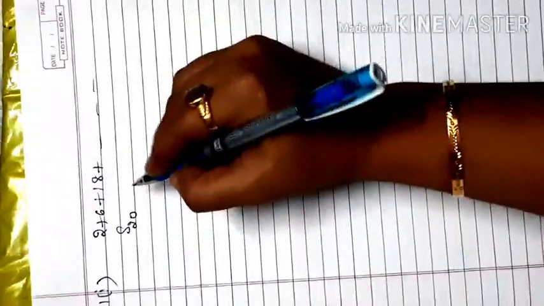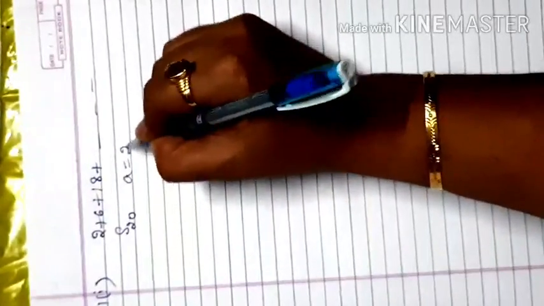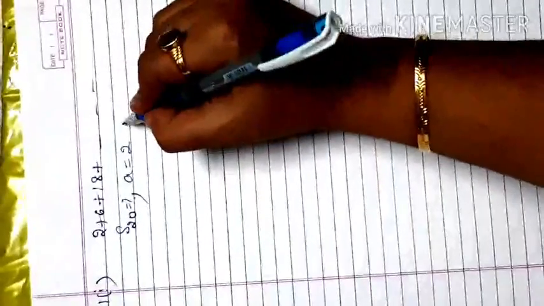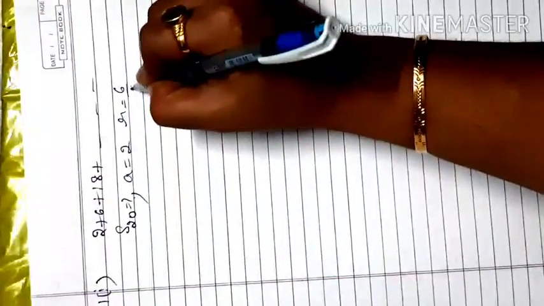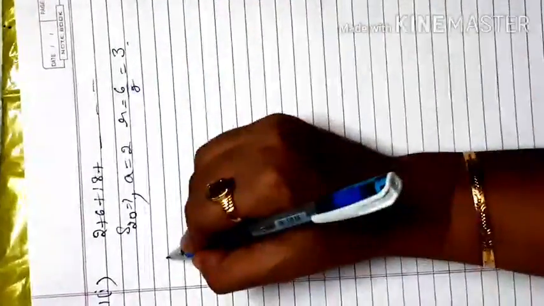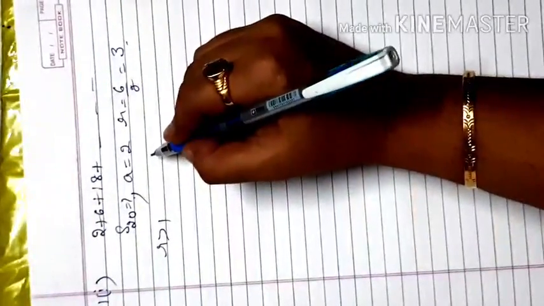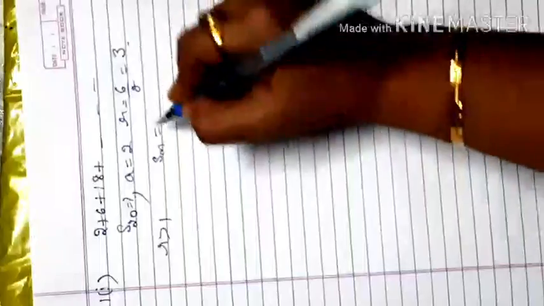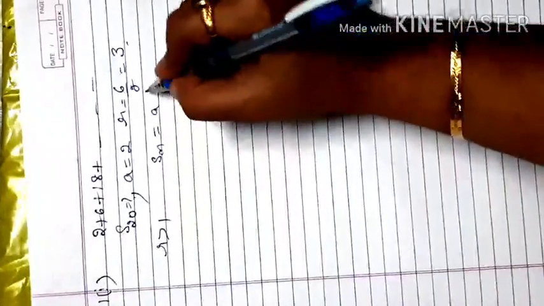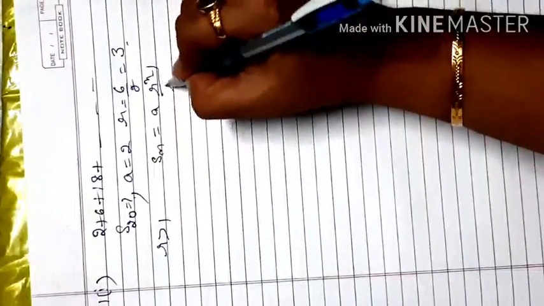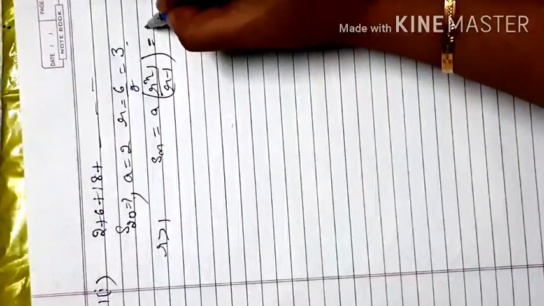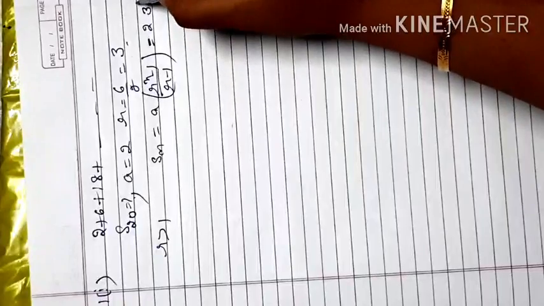So here, if I check, my A value is 2, then my R value is 6 divided by 2, that is 3. So that is my ratio. Now here the R value is greater than 1. If my R value is greater than 1, I will use the R greater than 1 formula for finding the sum of n terms, which is A(R^n minus 1) by (R minus 1). So here I just replace the values: A value is 2, 3 to the power n,